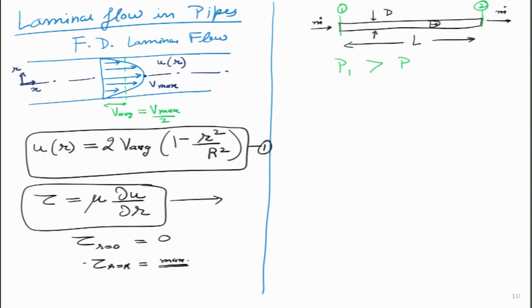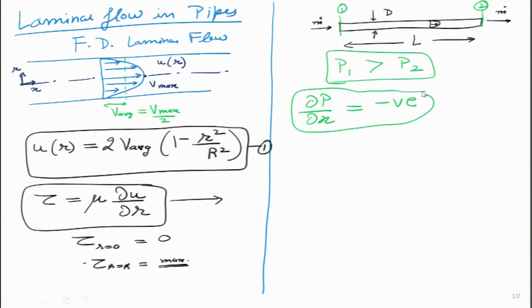we can always write that P1 is greater than P2, because once the flow is taking place inside the pipe, or in other terms del P by del X is a negative number, because this is a pressure driven flow. In order to attain this type of flow, if it is water, I will have to put a pump upstream. If it is air that we are blowing, we will have to put either a blower or a compressor or some sort of fan to facilitate this flow,